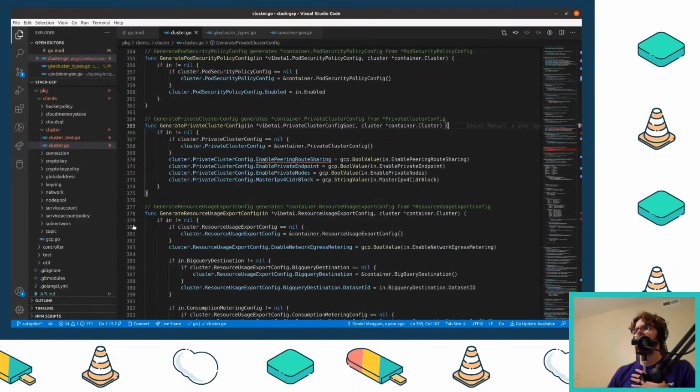And what's that field that was dropped? So yeah, enable peering route sharing. Yeah, so William, if you're still on, I guess my question is outside of,